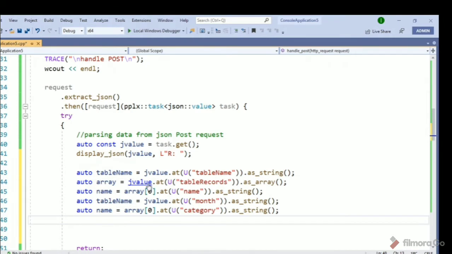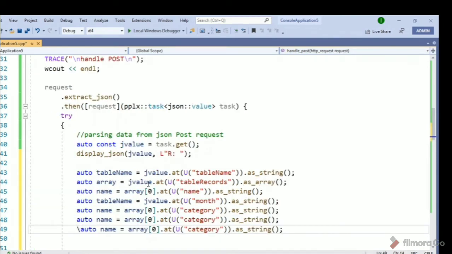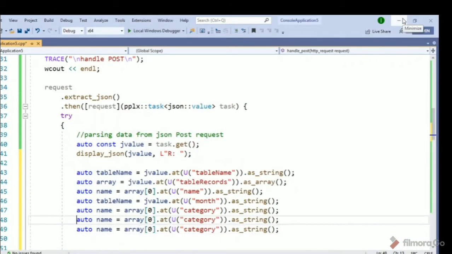There are two more variables. I think we have to check how many we have parsed. We have taken a month name, and now we have a task name also parsed. The category and efforts we still have to parse.